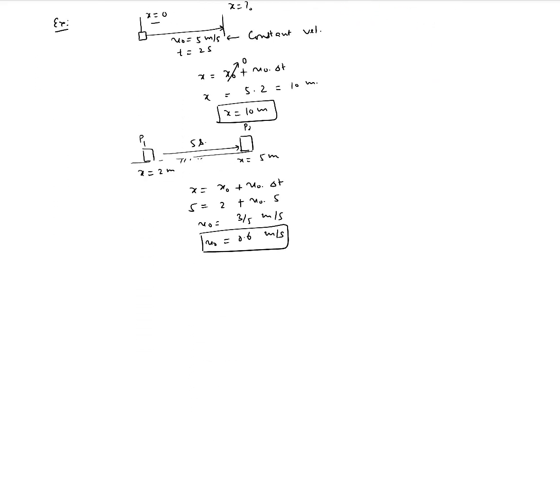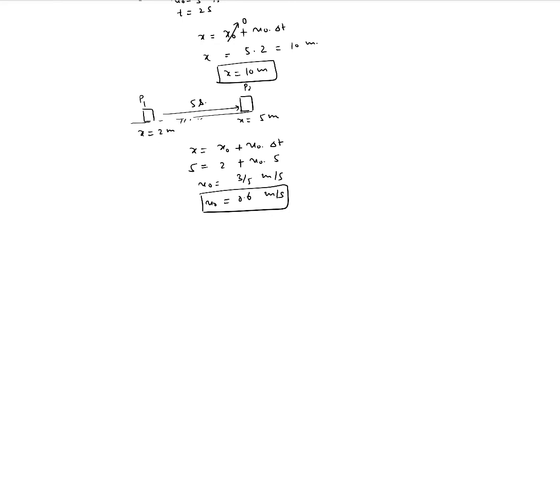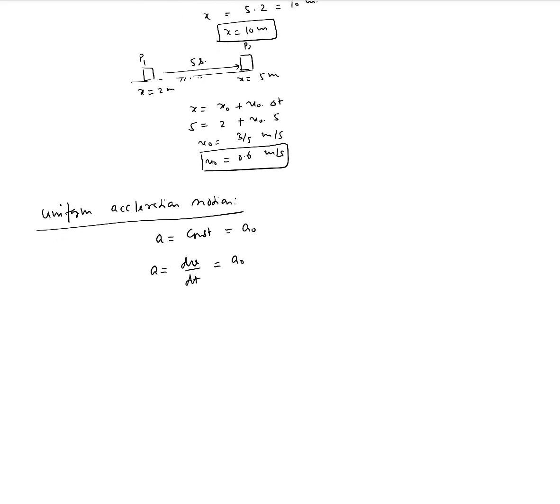A second kind of motion that's very common is what we call uniform acceleration motion. So what's uniform acceleration motion? In uniform acceleration, acceleration is constant, not the velocity, but the acceleration is constant. Let's say that's a0. We know the definition of acceleration. Definition of acceleration is dv over dt. We'll start with the definition of the acceleration, and that is a constant a0. Just because that's constant, you will see things become very, very simple. So I'll take dt on the other side,